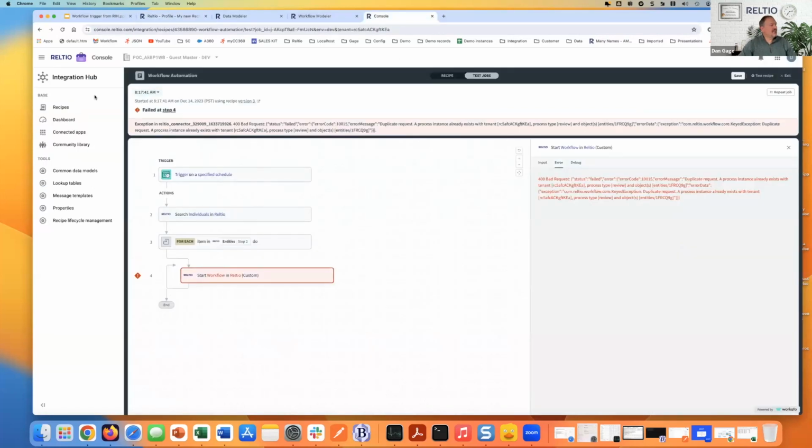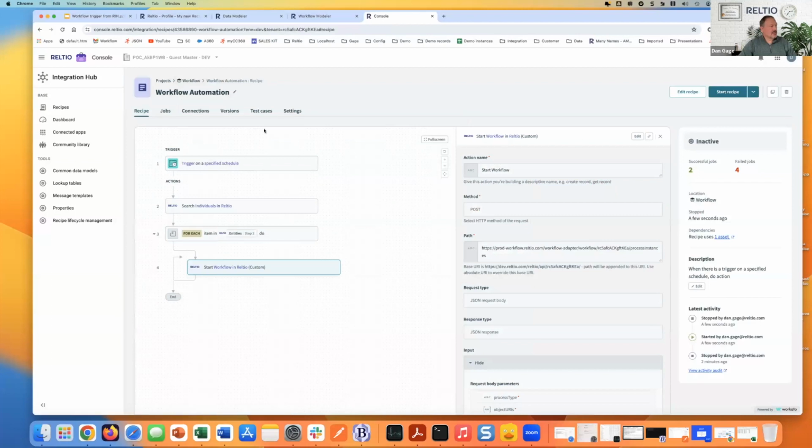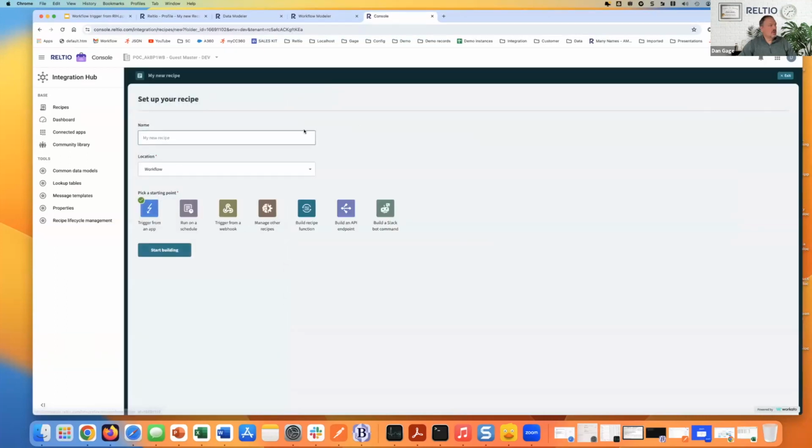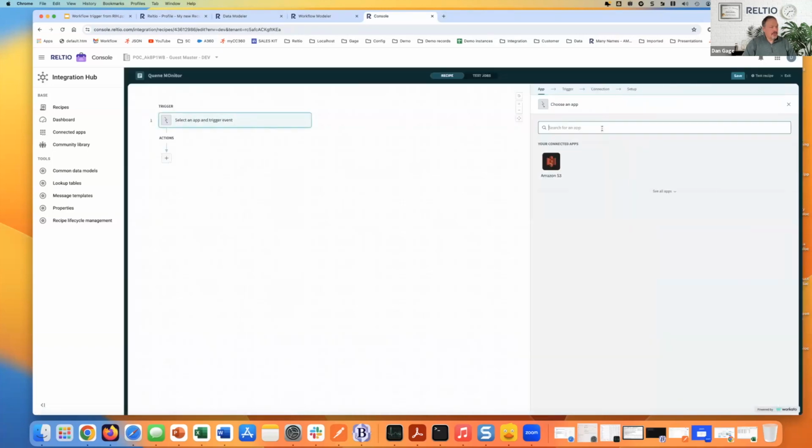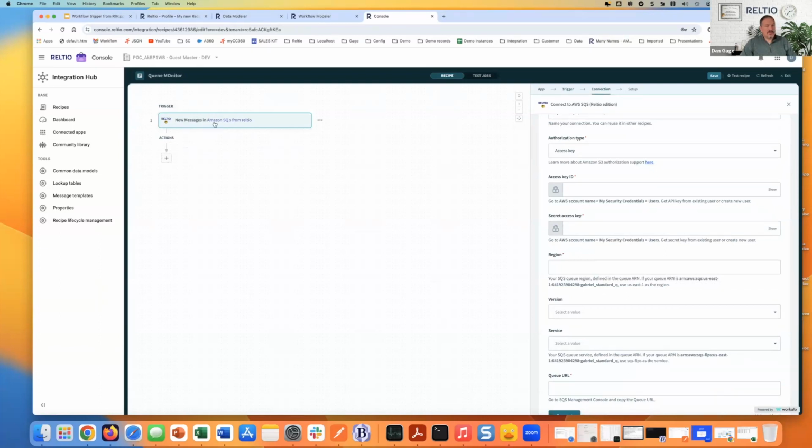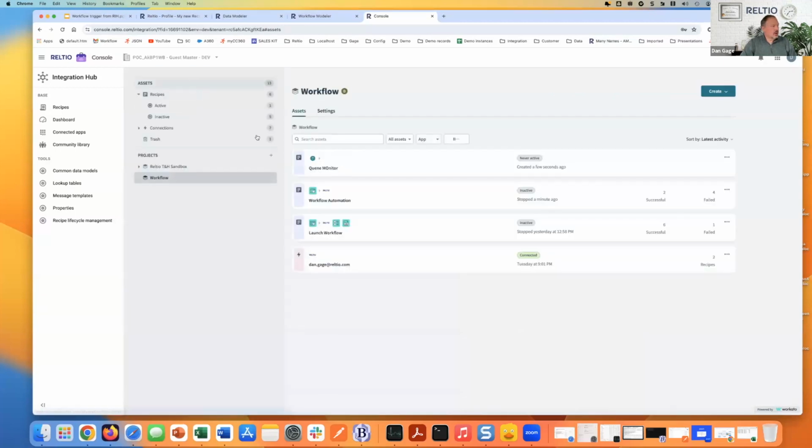So what we would typically advocate as a best practice is coming in and building your Reltio automation recipe to start with a monitor for the Reltio queue triggered from an app. And we would recommend triggering it from the Reltio queues. So the SQS would be a more effective way of saying that we're only going to trigger this process for events that are sent to the queue. And of course, if you're using the Azure Service Bus or the Google Pub Sub, you could start with that as well. But that's the process that we would typically recommend for a production implementation,